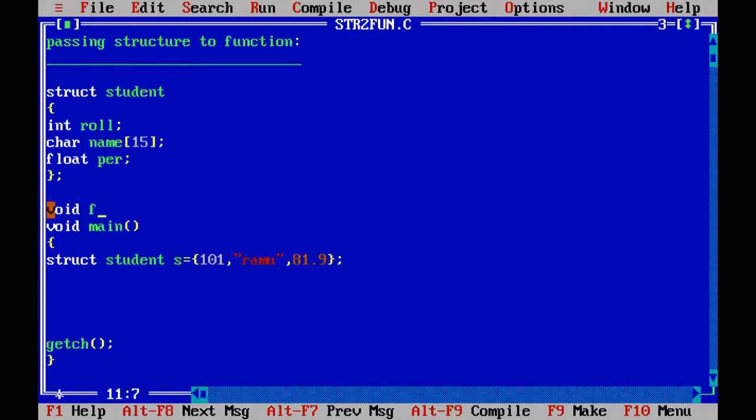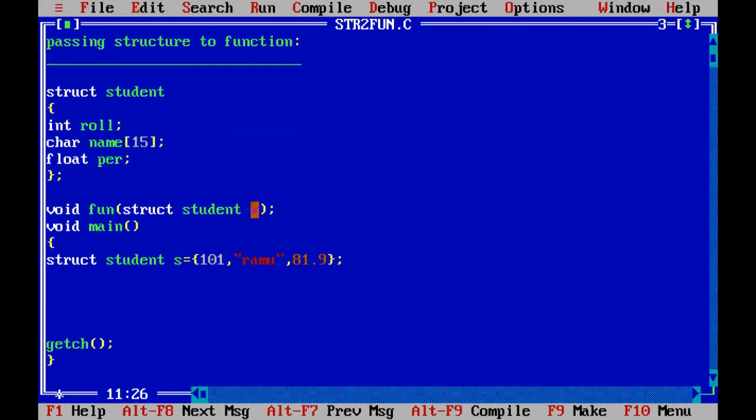Void, user defined function name is fun, and what will it take? When we are passing a structure, the argument inside the fun function should also be structure type. Only the same structure type can hold this structure data s. So how to create a struct? Which type of struct is it? It is a student type struct, and the variable name is x.